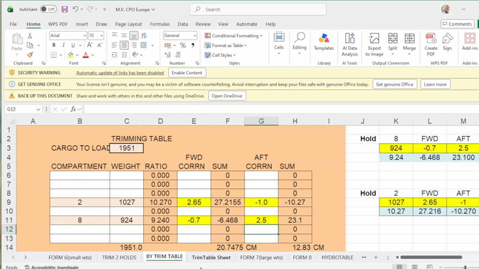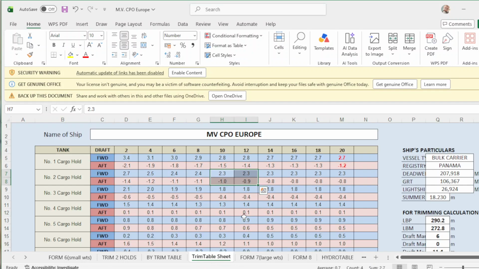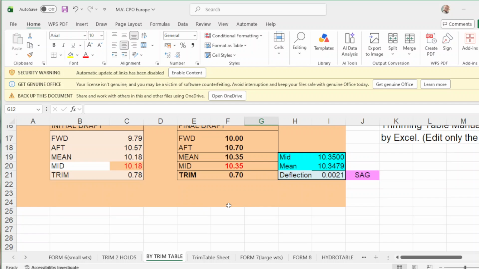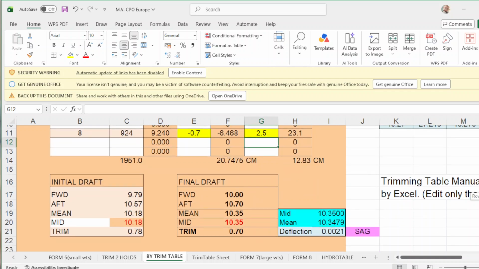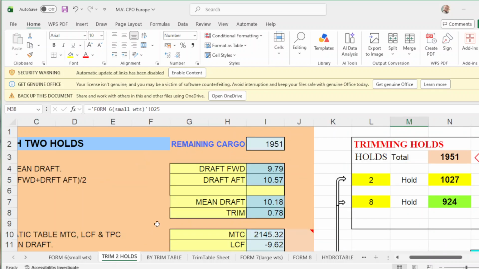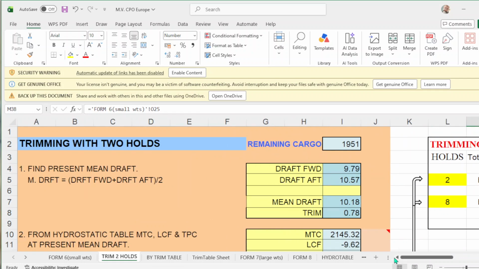And by getting this correction, you go to your trim table sheet, which is this one, and get to the nearest draft of your departure drop. Okay? Then your departure drop will be forward 10 meters, up will be 10.70. Main drop is 10.35. Your trim is 70, then you have a 0 deflection. This is your trim to holds, okay?